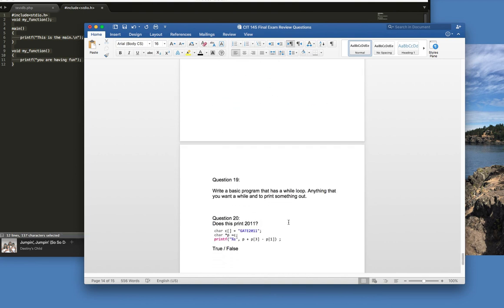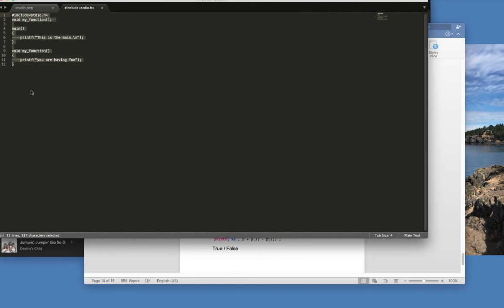Number 19. Write a basic program that has a while loop. Anything that you want. So basically, in this case, you could come up and write anything you want as a while loop. So whatever you have in mind, you can put it there. So I'll come back over here. I'll include my libraries in my example. You might have that one, but you might not have this other one, which is fine. You'll have int main,